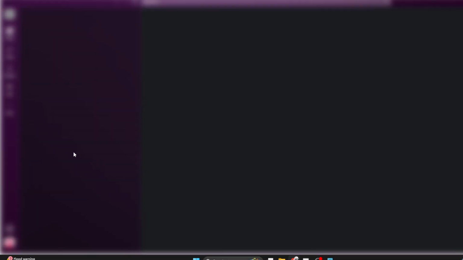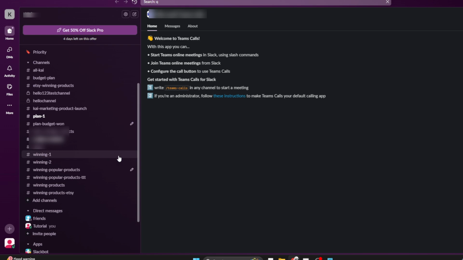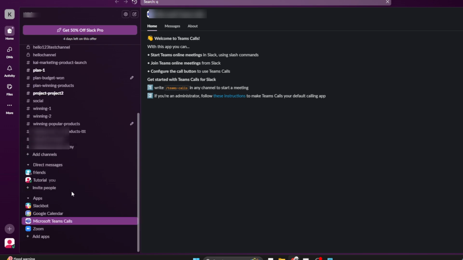Now, within Slack, you can access Microsoft Teams calls and interact with them just like you would within Teams itself. This integration can significantly enhance how efficiently your organization communicates and collaborates, reducing the friction of switching between different apps for different purposes. Remember, leveraging technology like this is all about making your workflow smoother, more connected, and